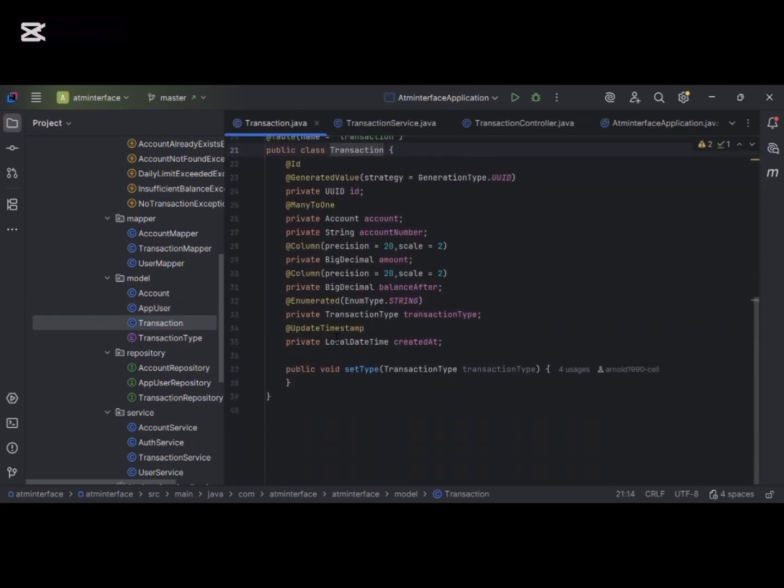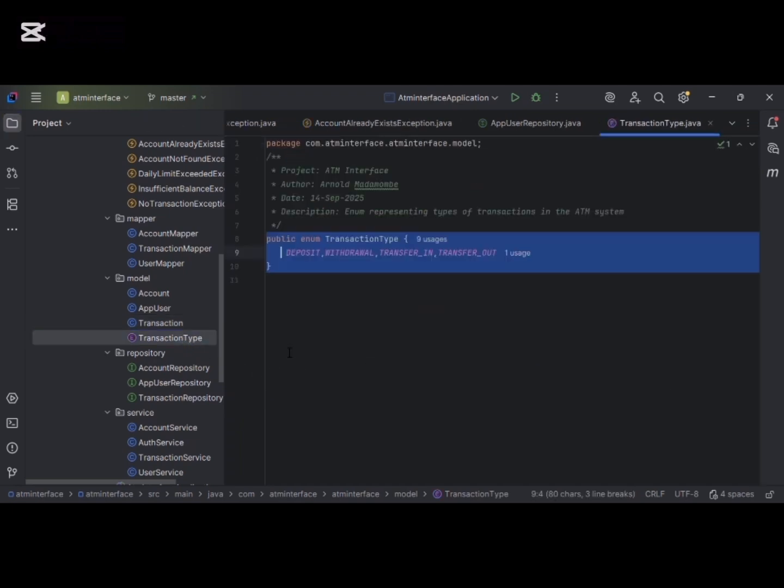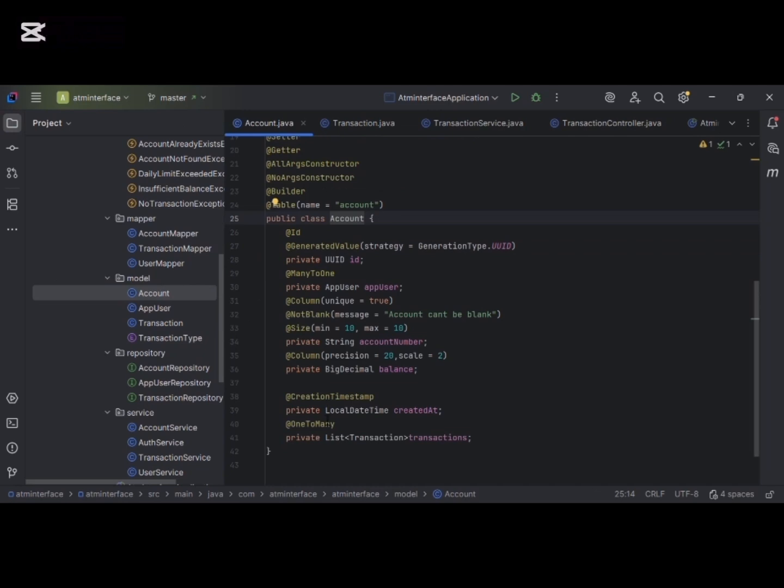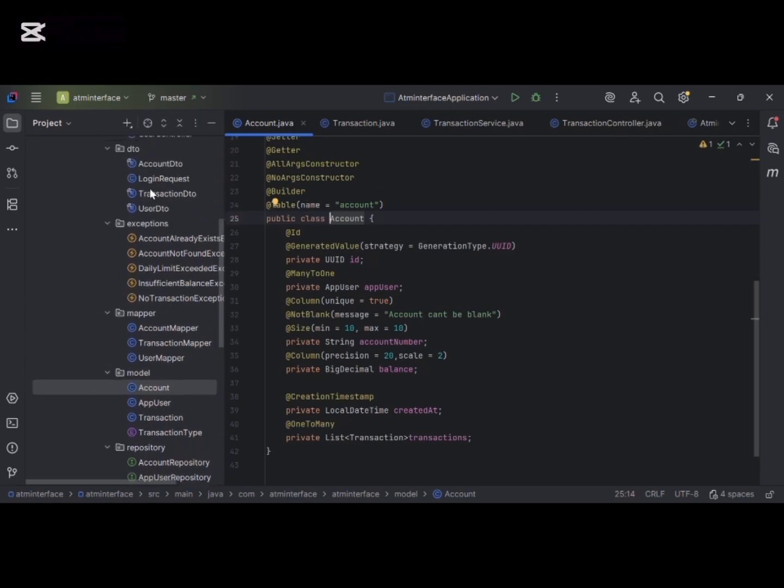with the relationships defined inside using annotations like many to one, for example here, one to many, and also the many to one annotations. So from there, I created the